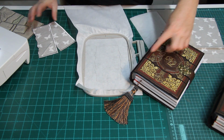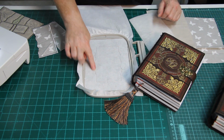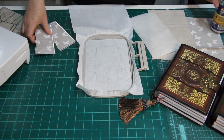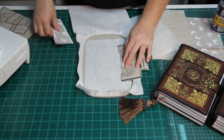So you will go ahead and load the center part design onto your machine and stitch the first step, which is the outline to show you where to place your pieces. You will now go ahead and place your pieces, one on this side and one on the other side,